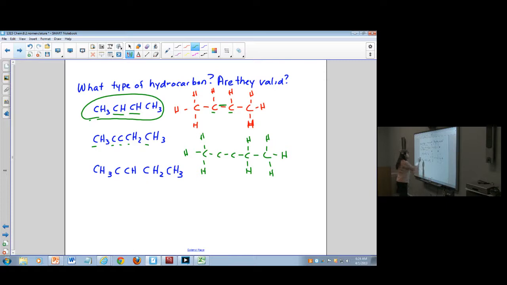And then we look over here, and we see that these 2 carbons have no hydrogens attached. So this set of carbons is really not doing well. It doesn't come anywhere close to fulfilling the octet rule. But if I make this into a triple bond,